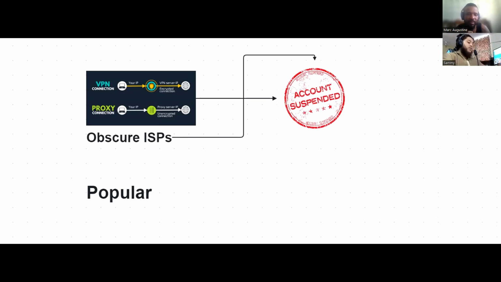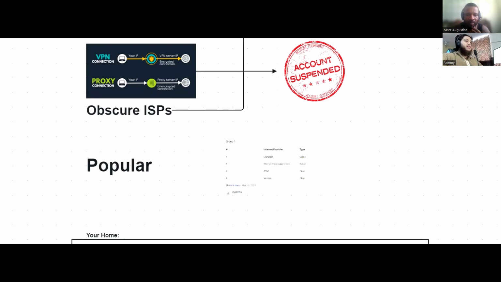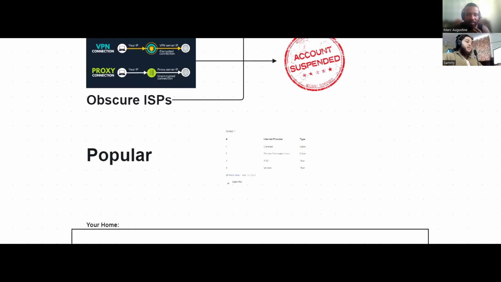Let me pull up something for you guys. Most popular ISPs in the US, so I can show you what the Google search results say. This is for the US, but whatever country you're in, these are the most popular internet service providers in the US: Comcast, Charter Communications, AT&T, and Verizon. Mark, when you lived in the US, are you familiar with these ones? Yeah, we used Comcast and Verizon.